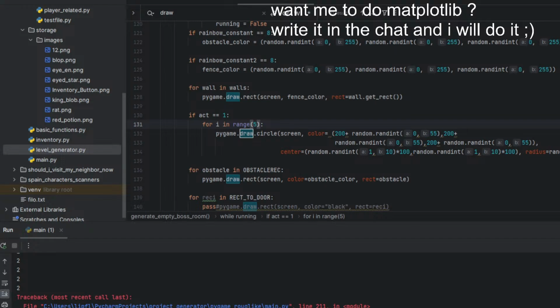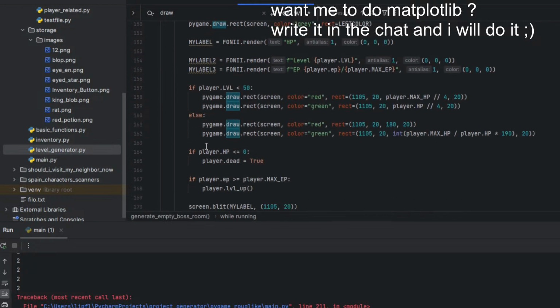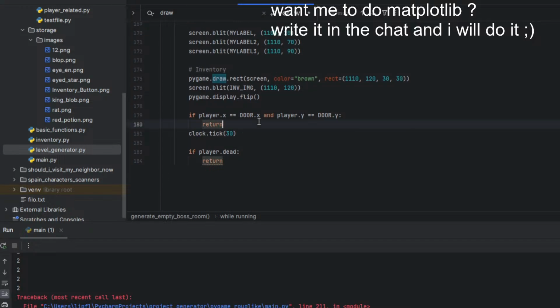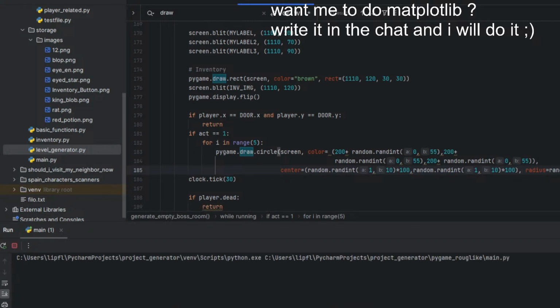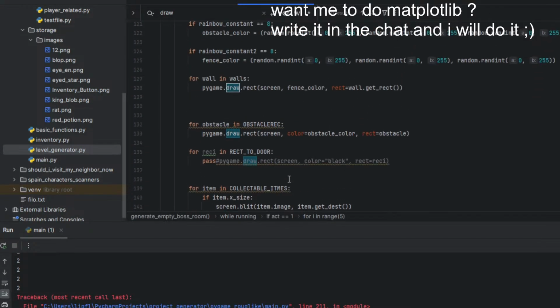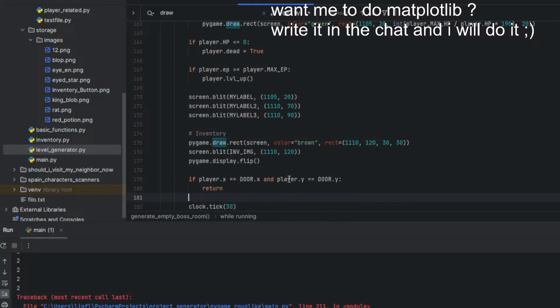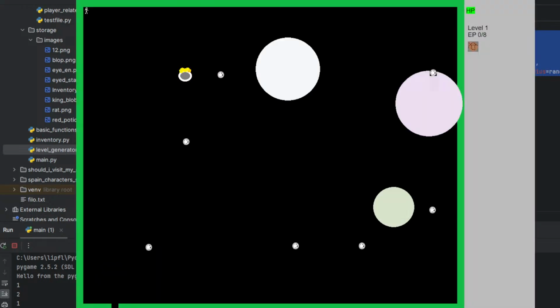I already added the first boss. So let's do that. Okay, not here, but here.